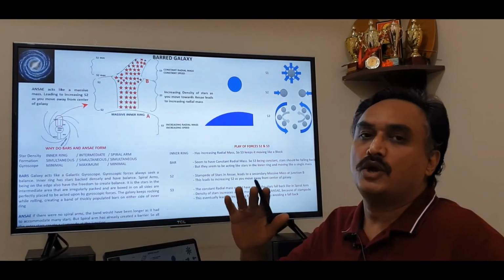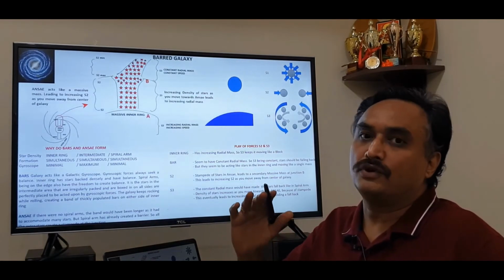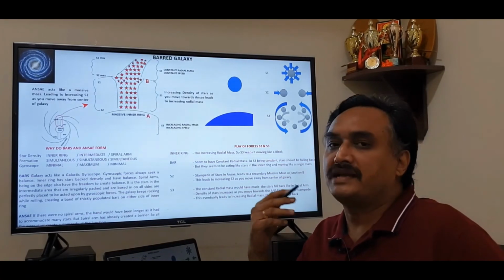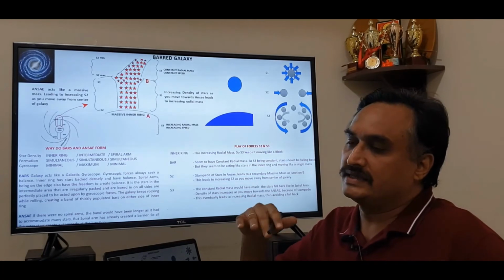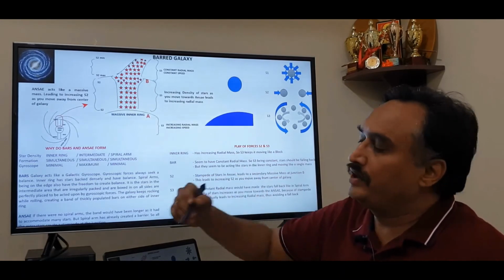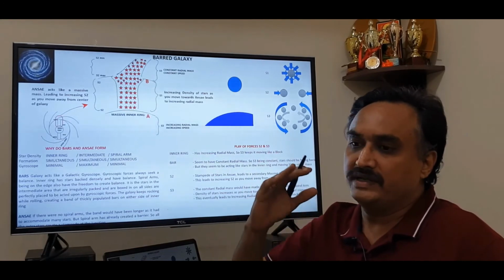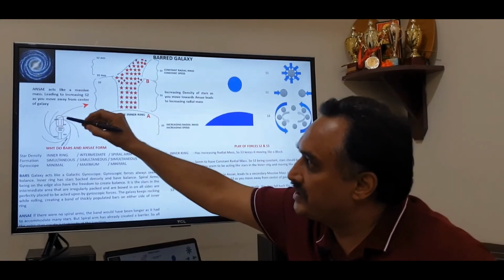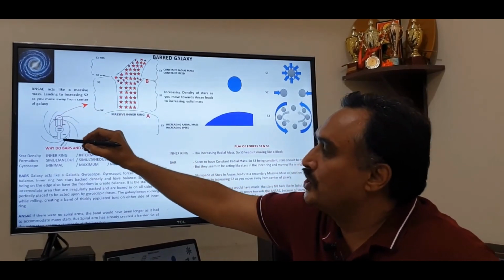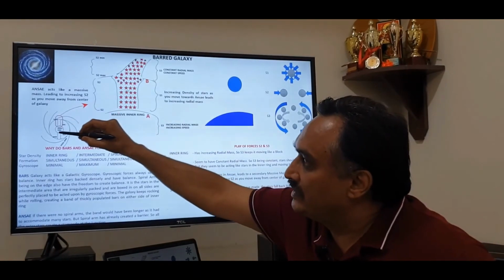So, in a rotating disk there would be a back and forth rocking, and that back and forth rocking keeps on happening for millions and billions of years. So, let us imagine what would happen when a disk is rocking back and forth. Obviously, that rocking back and forth would have an axis. Whenever it is rocking back and forth, there would be a major axis across which it is rocking back and forth. So, the gyroscopic forces would align, to begin with, a line of stars